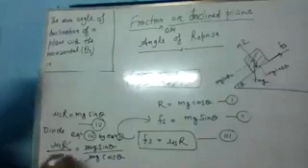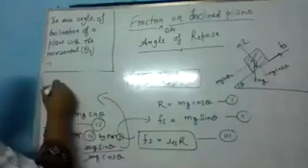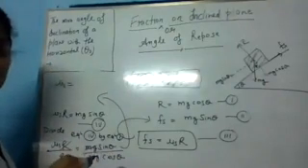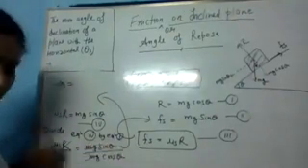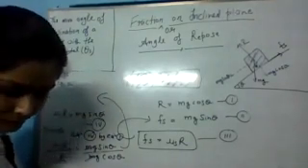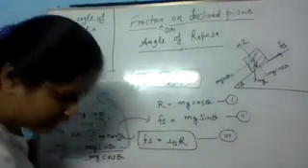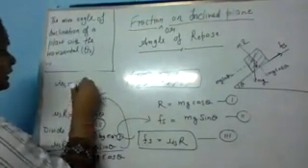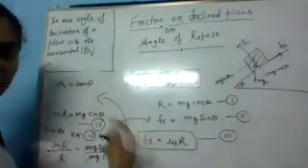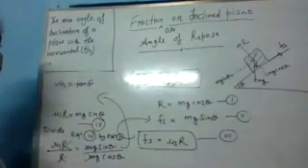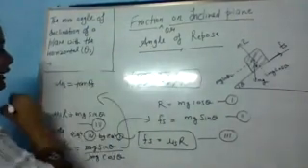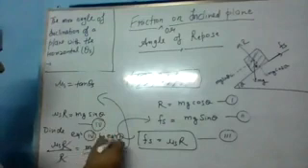Okay. So from this you will get mu s equals sin theta upon cos theta, which equals tan theta. So it becomes tan theta. And here we are talking all about static friction. The motion is not because of any kind of external force. So we will write it like this, theta s.